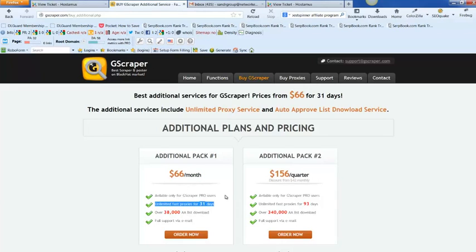This is going to give you unlimited proxies to use, and for those that aren't familiar with Gscraper, this is going to go out and actually find places on the web that you could basically post links to. And so what this does in a nutshell is it'll produce a list for us that we could then use to import over into GSA, and then GSA does the link building, but you can look at this program as doing the link finding. So go ahead and head over to Gscraper, pick up that program and the additional proxies,